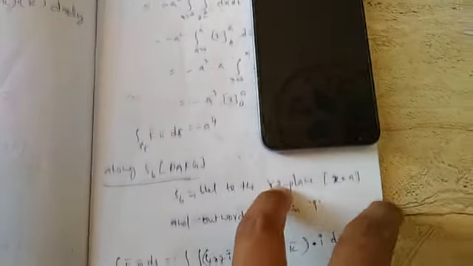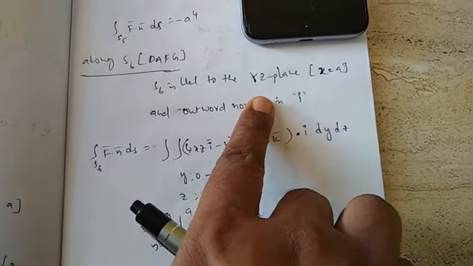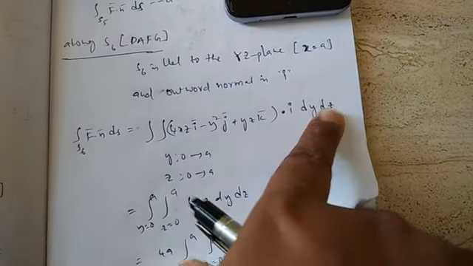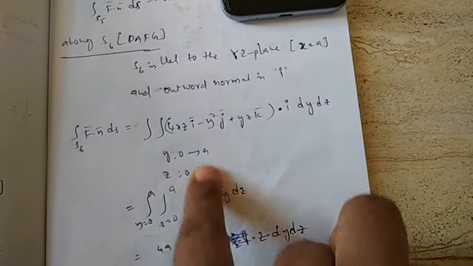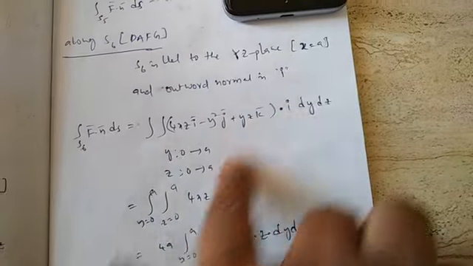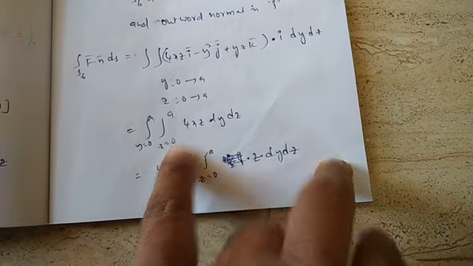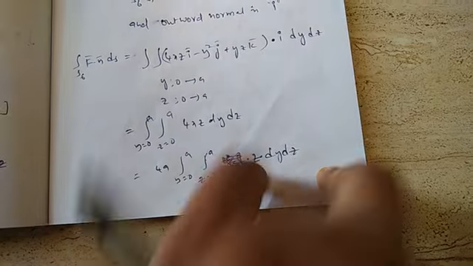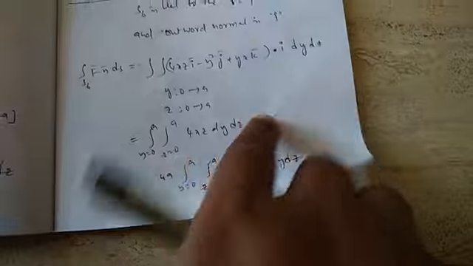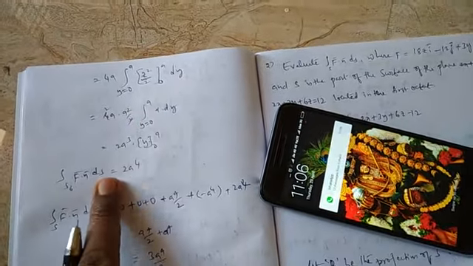Now for S6, it is parallel to the yz plane where x equals a. Now unit outward normal is i. Apply it, and now y, z belongs to 0 to a, varies from 0 to a. Now apply the limits, where x equals a, substitute here. Now the 4 here I did outside. Now the remaining z we have here. There you have z dy dz. Now apply the integration, first with respect to z, next with respect to y, do it, you can get 4a square.